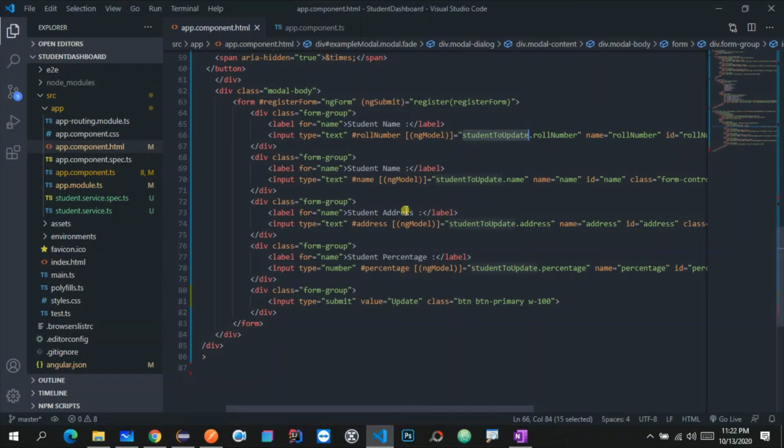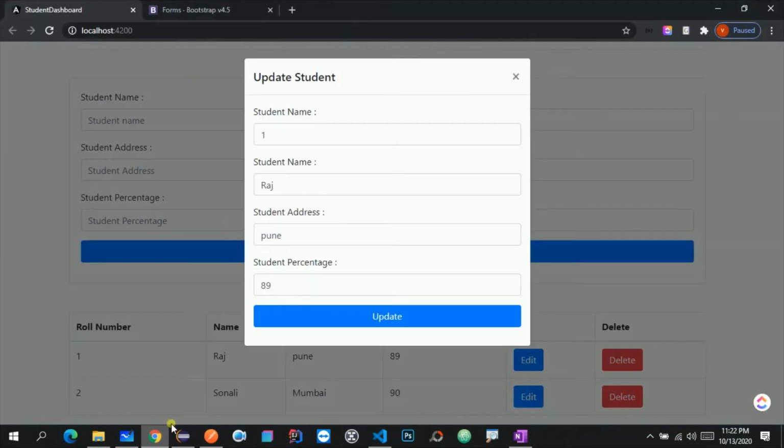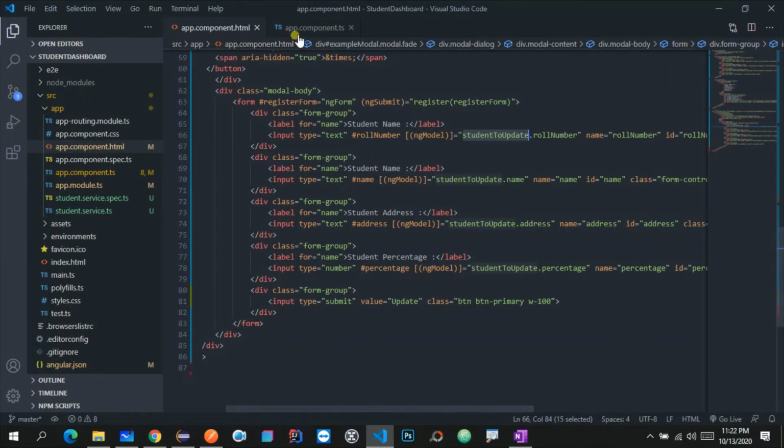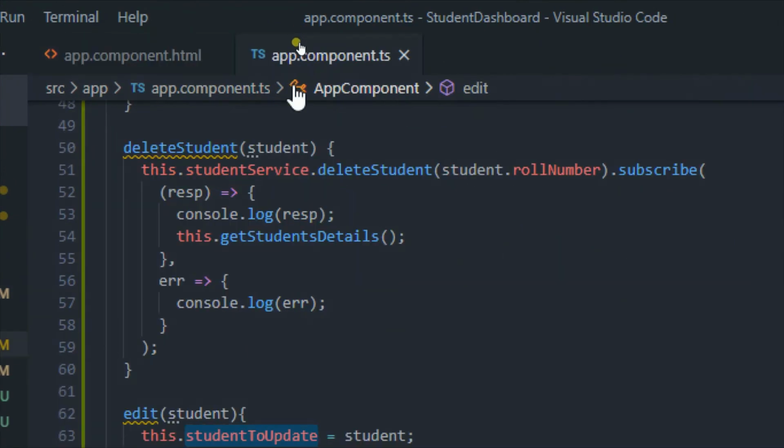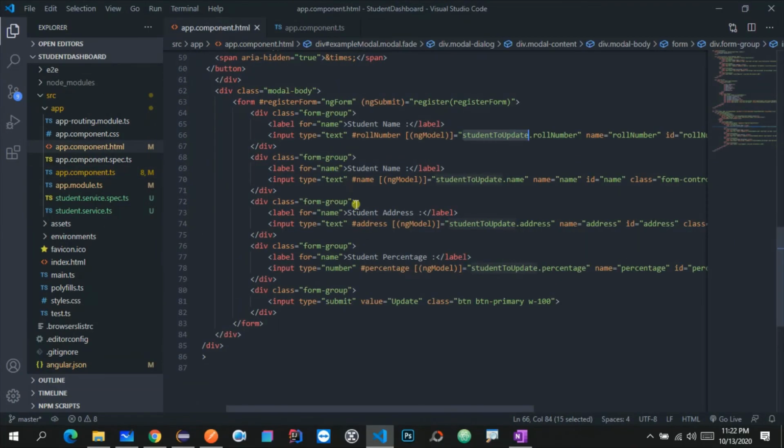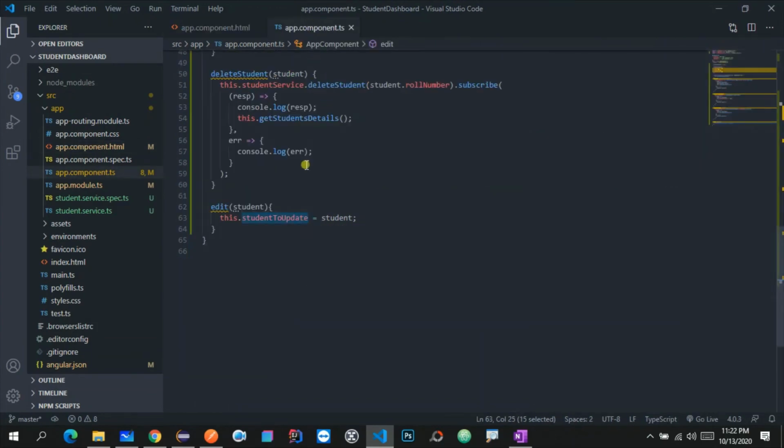Now whatever requirement we have, we just fulfilled those requirements. The only thing left is that we just need to click on this update, and we need to call that particular REST endpoint. Before calling that REST endpoint, we need to create one function inside our app.component.ts file, so that whenever I click on this update button, that particular function will get called.